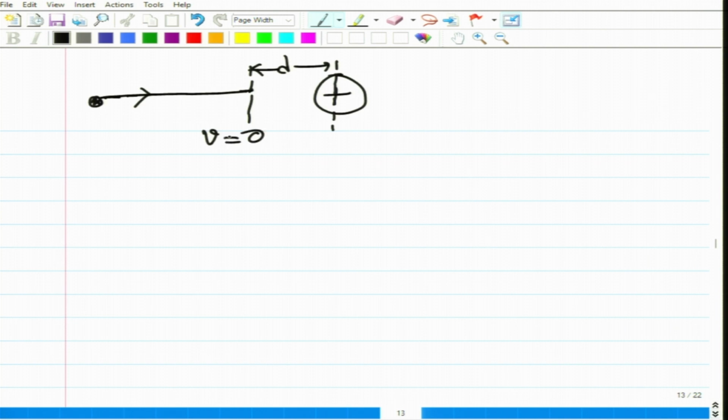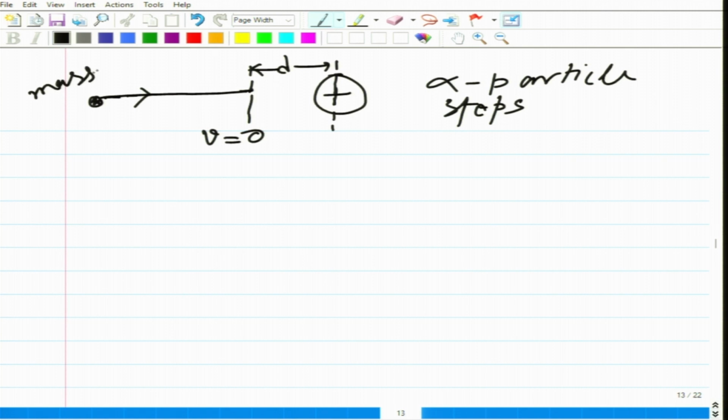So this is the alpha particle and this is the nucleus. When the alpha particle approaches the nucleus, it stops at a certain distance. We call it D. At this point, velocity is 0 because the alpha particle stops. So we have told that the mass of the alpha particle is m, velocity is v, and suppose this